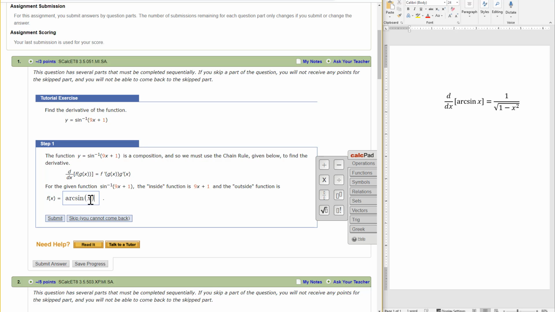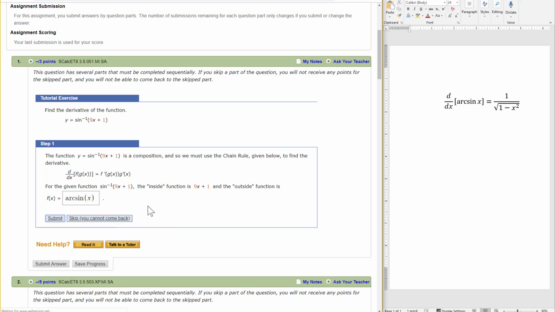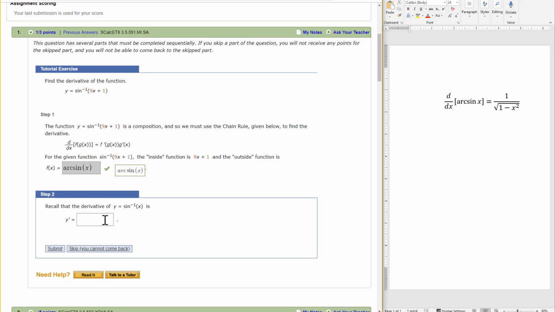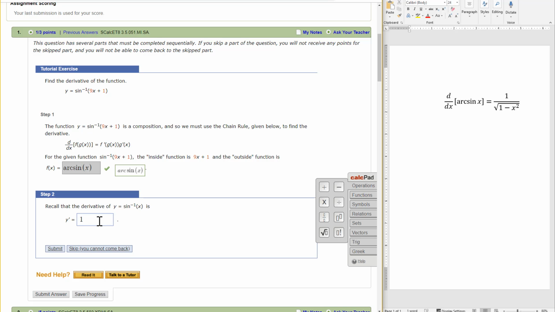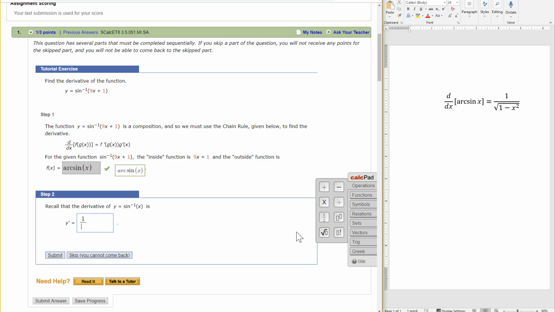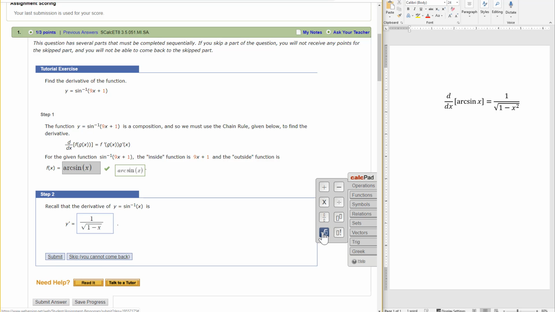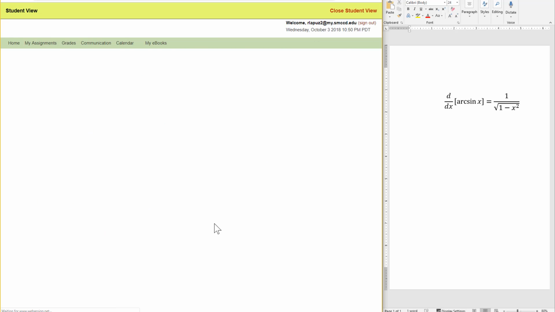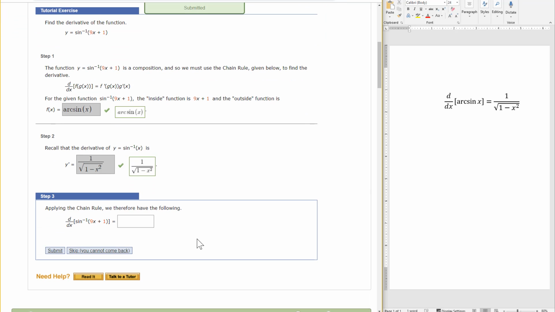Generically, we're going to put x in here, but we know that in the actual function there's a composition, so there's a 9x plus 1 in there. But for observing what the function is, it's going to be the arcsine of x. So the derivative of the arcsine function is going to be 1 divided by the square root of 1 minus x squared. So that's one of those derivative formulas that you're going to need to know and remember for your future endeavors